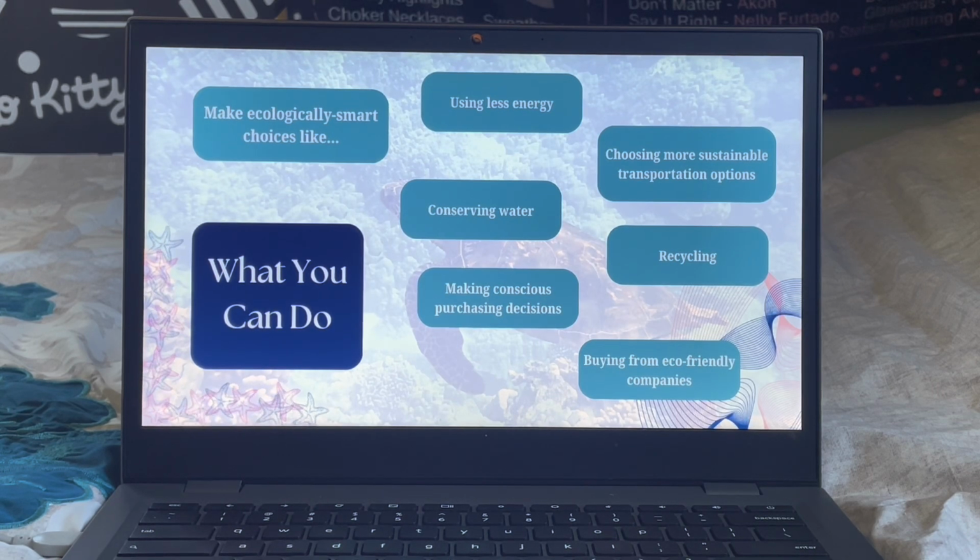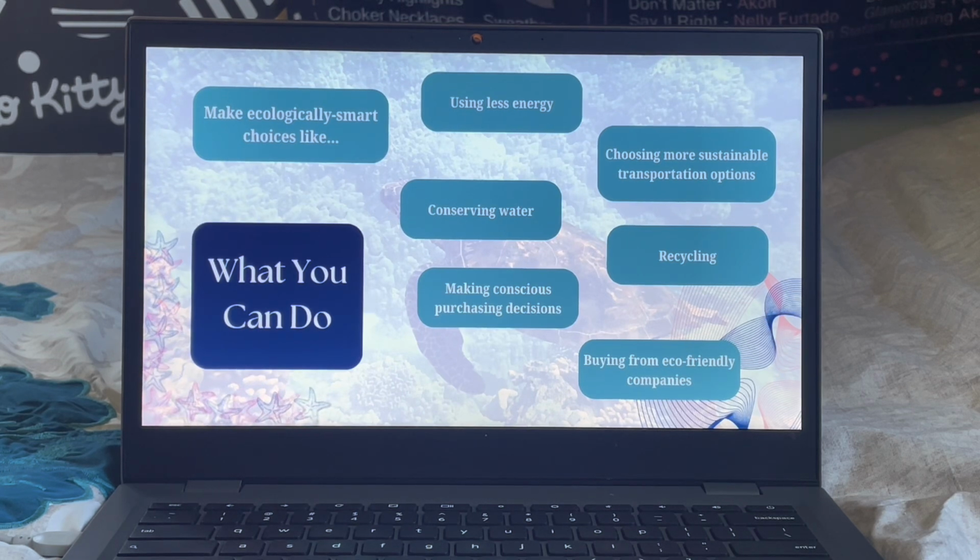Recycling is a big part of this as well. Recycling lowers the amount of waste and carbon emissions. Make more conscious purchasing decisions. It is a big trend on social media now to just buy so much stuff that is unnecessary, but it is super wasteful and horrible for our planet. Do you really need that $600 Shein haul? No, you don't. Think before you spend.